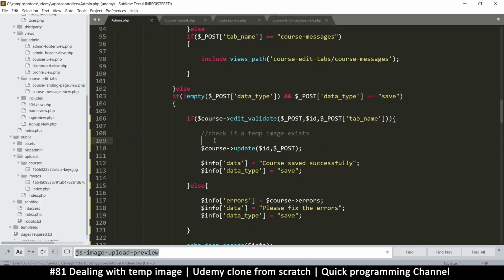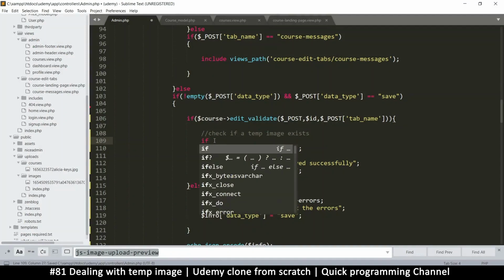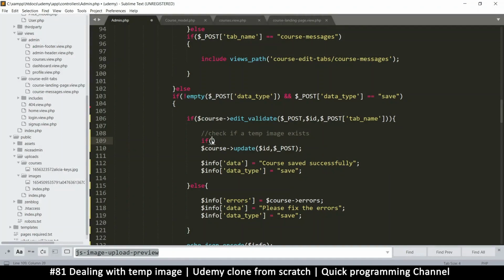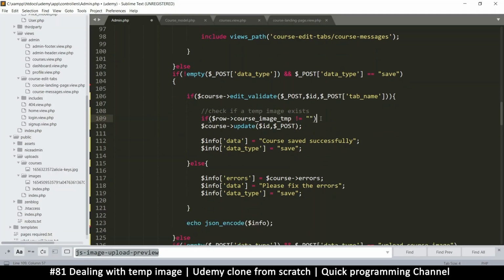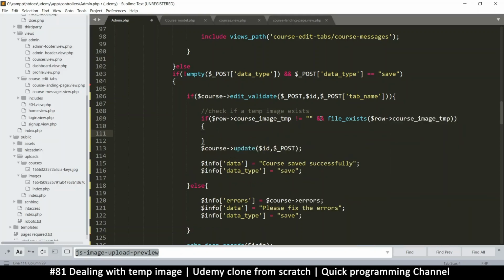So I'm just going to say if we have a row here. So if row course temp image is not empty. So if it's not empty and the file actually exists. Then